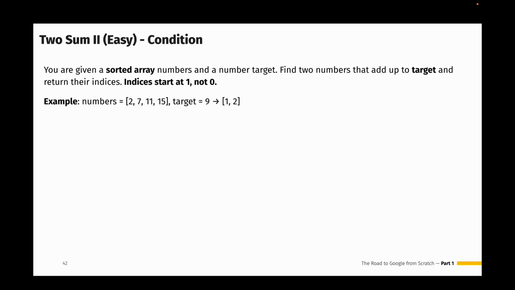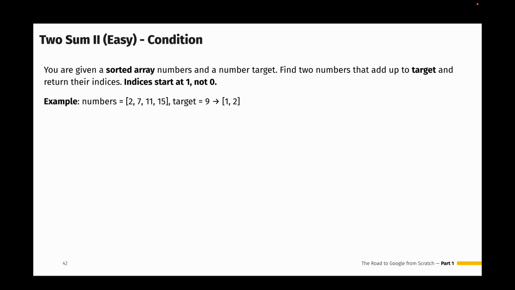So now let's check the next exercise. It's called Two Sum, let's say version 2. And let's check what we already have, the condition. So you are given a sorted array of numbers and a target. So it means that our method will have two parameters. The first parameter will be a sorted array, and the second one will be our target, which we need to